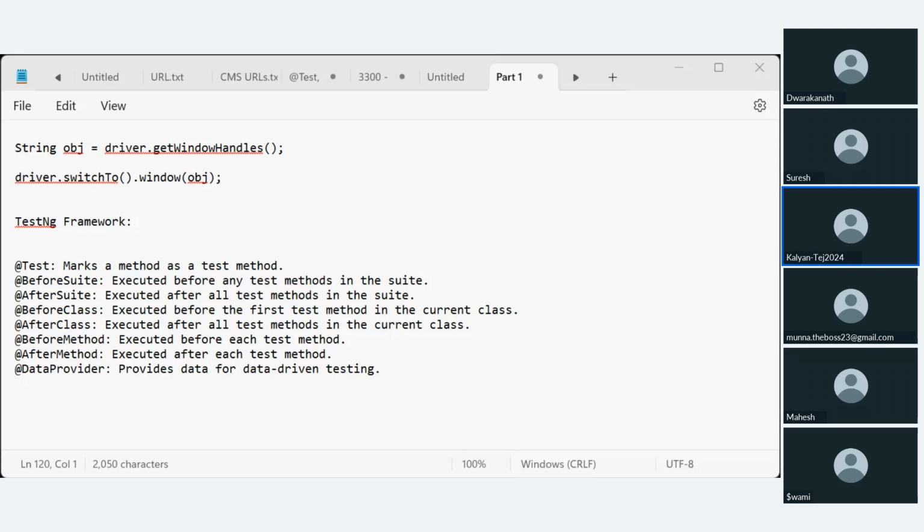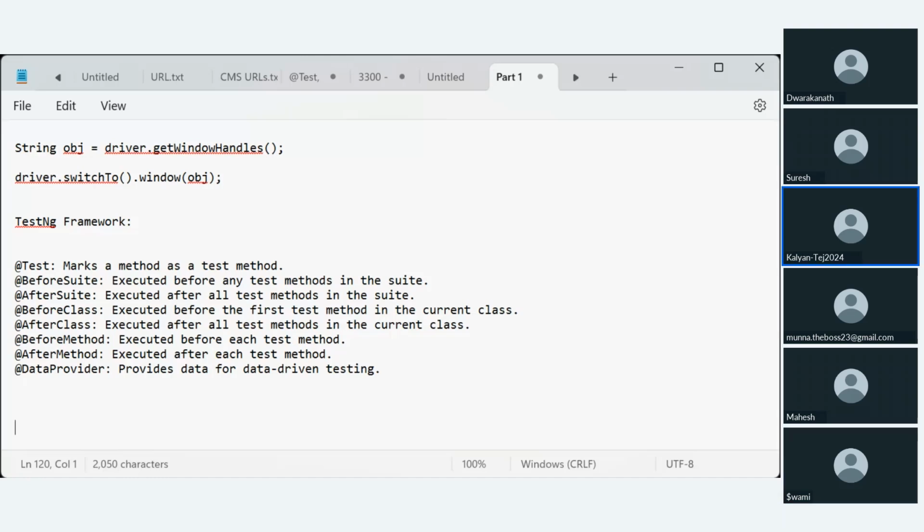It is not that they specifically ask to reverse the string, but yes, these are the concepts which can be asked for sure. Can this file be shared at the end? Okay, sure. This is the base. Just assume that you are attending some interview. For Java, you can expect these types of questions. That is what it is, not why they are asking strings and why they are asking numbers.